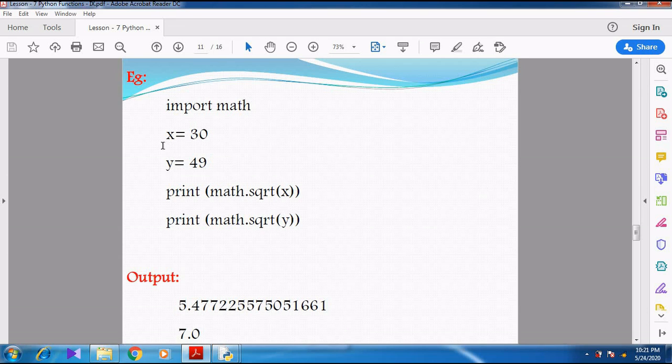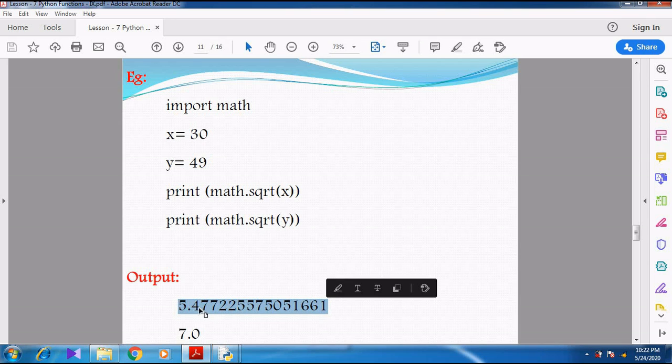So import math, x equal to 30, y is equal to 49. When I use print math.sqrt of x, what is the value of x? The x value is 30. So when I take the square root of 30, it is 5.4772255750516661.